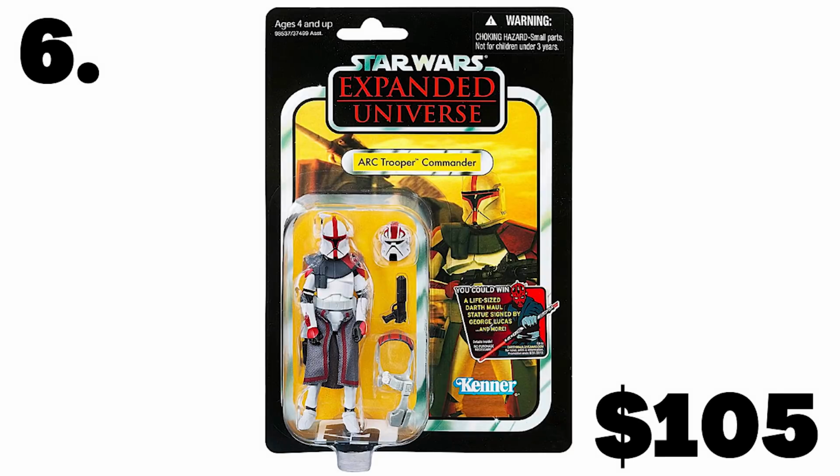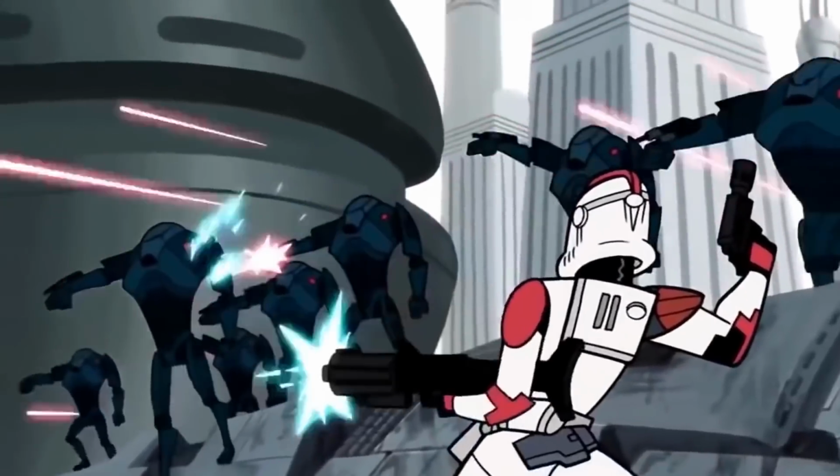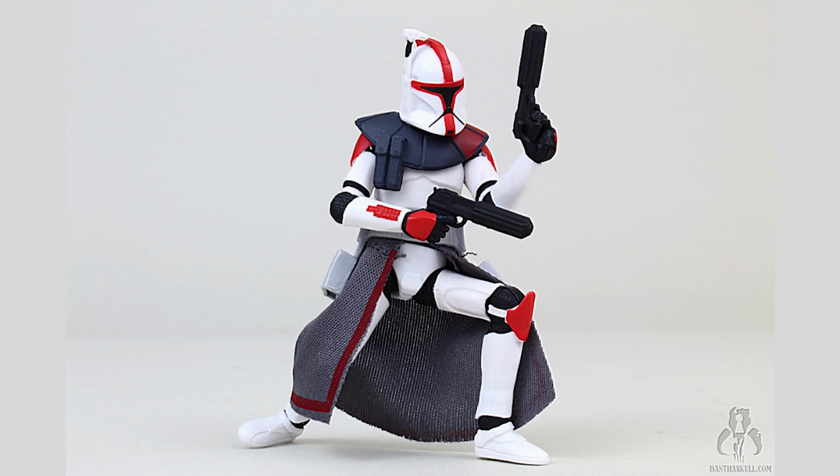Number 6, the Vintage Collection Expanded Universe ARC Trooper Commander, VC 54. $105. Can you believe the collectors were sick of clone troopers at this point in collecting? What? Insane, right? Although this is clearly Captain Fordo from the 2003 2D Clone Wars series, Hasbro opted to name this figure ARC Trooper Commander because the newer 3D version of the Clone Wars TV show was in full swing